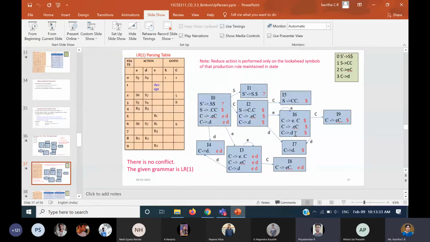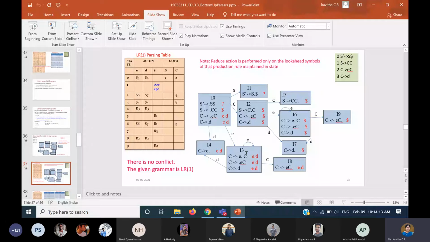But in I3 we have C gives E dot C. After C we have epsilon only. So the first of epsilon should be dollar. No, not like that. Whatever look ahead you are seeing, you are seeing it in this state only, not somewhere else. What is coming in that particular state is what you take. It is not the first of the grammar, not what you find in the beginning. Here, in this state, why did I get dollar? Because after this, my look ahead symbol is dollar. So I took first of dollar, that's why I got dollar here.